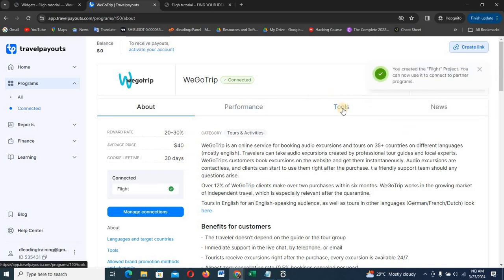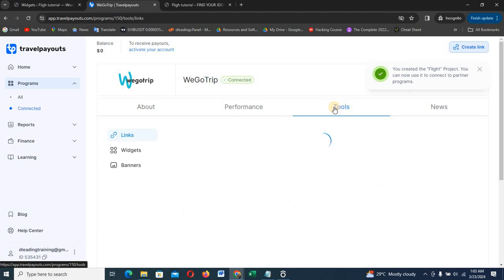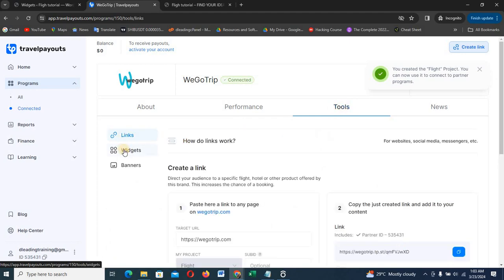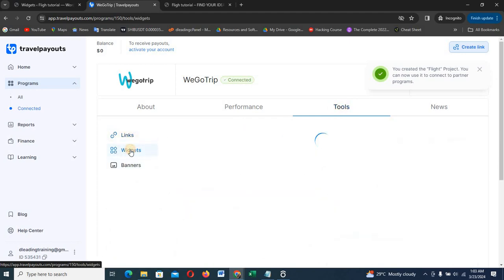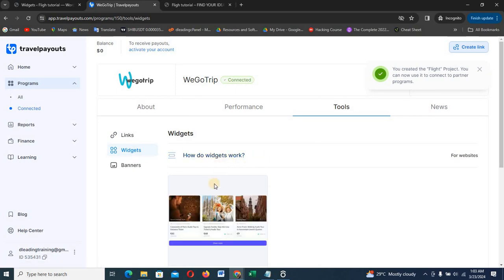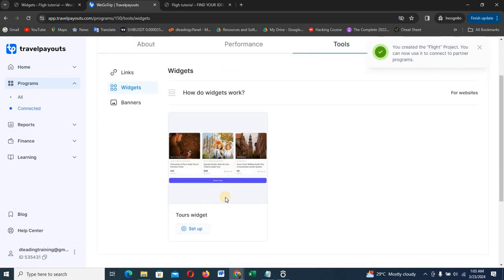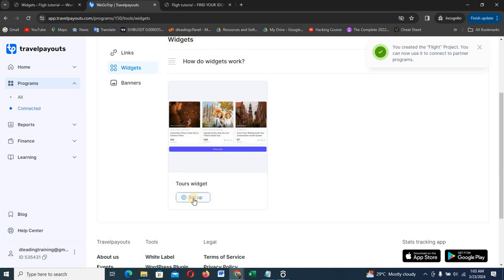From there, you can come to your tools. Can you see the tools there? When you come to this tool, you will see link, widget, and you just click on widget. This one only has one widget. So for you to copy the widget code, just click on setup,